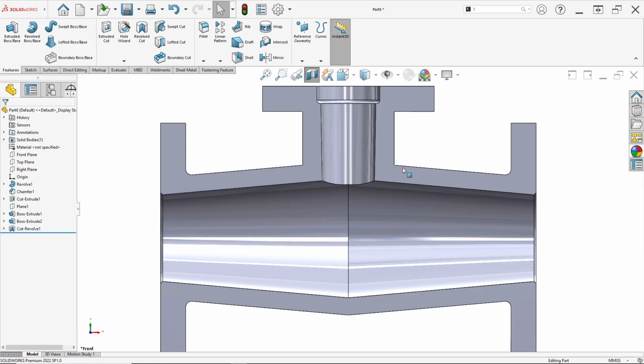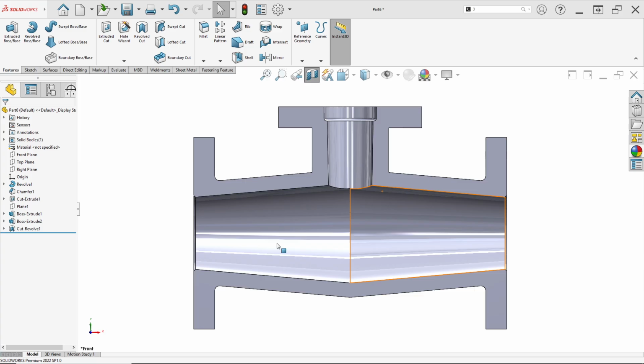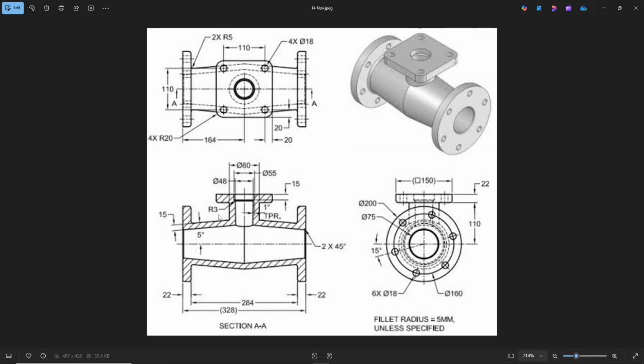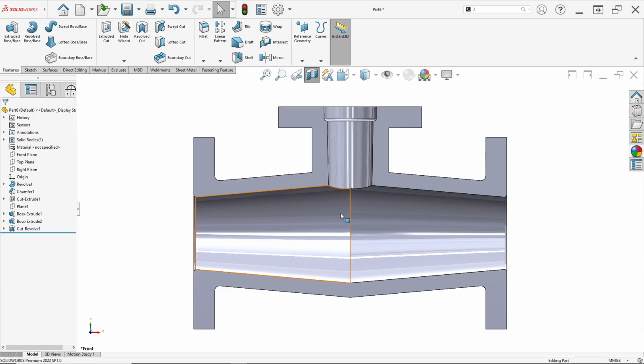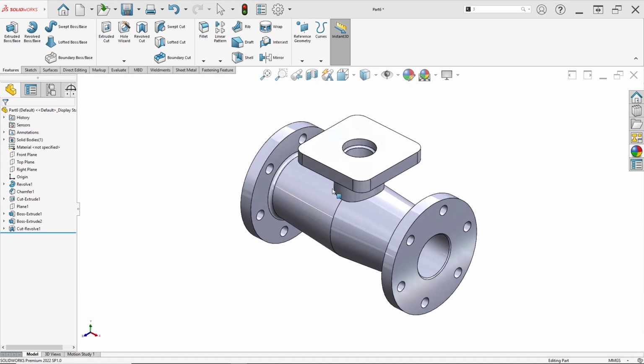From the front view like this, it matches this drawing, and it's so simple. We can uncheck again, then click section view again, and we can see from in here like this.